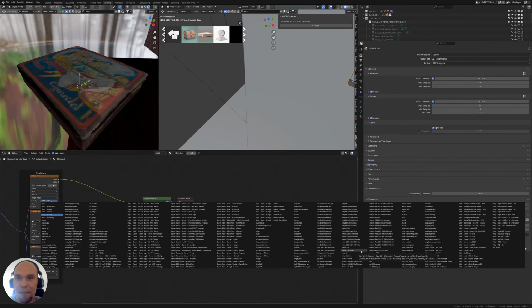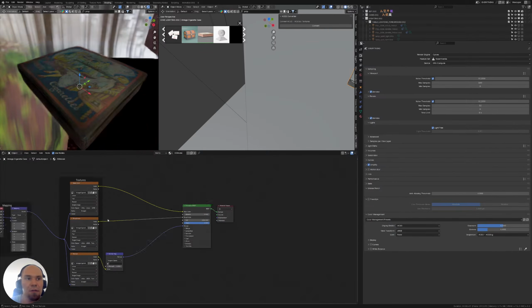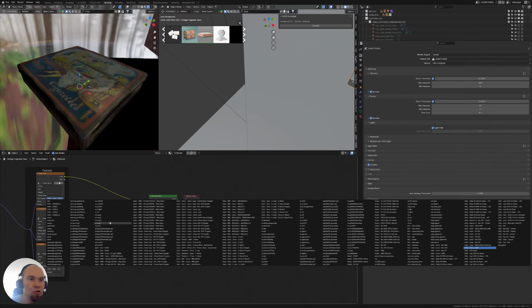So it would usually be quite a hassle to do it like this manually. Although you could, if you install